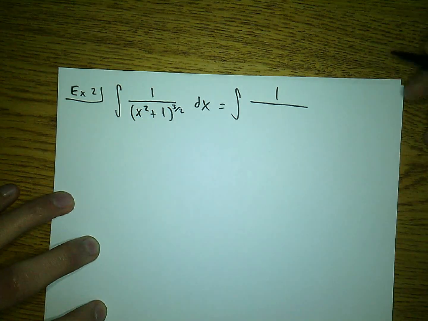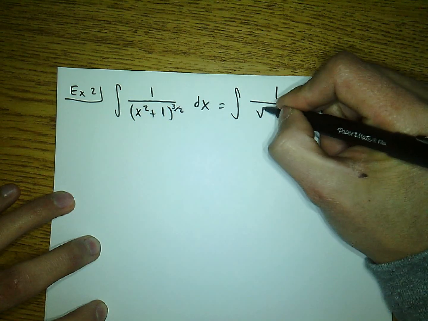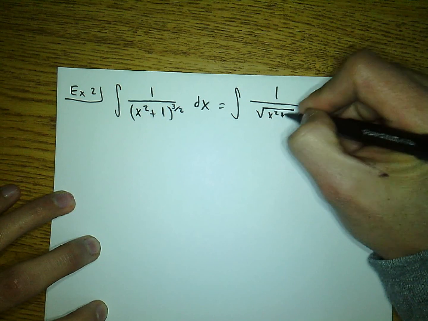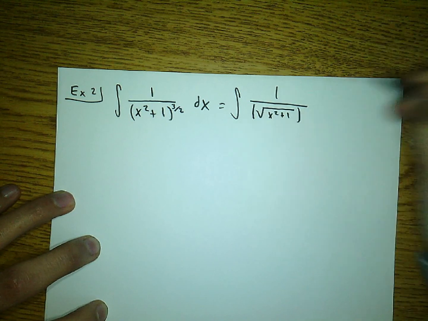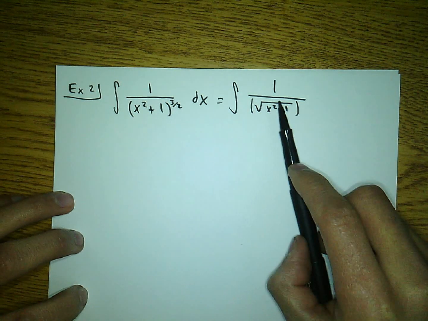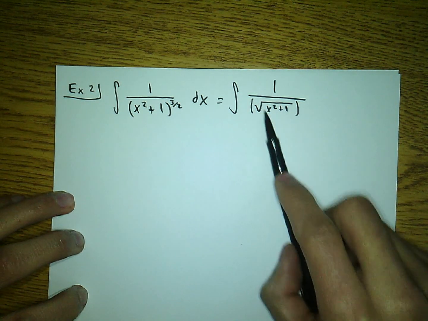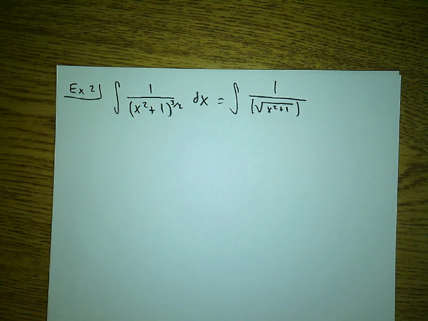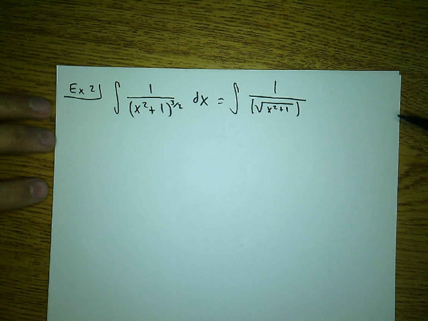Keep in mind, here's what I do want. I do want this for sure. I want this to happen. So how can I make this 3/2 power, rewrite it so that I do have a square root, but the 3 is not on the inside of the root? Could you multiply that root by x squared plus